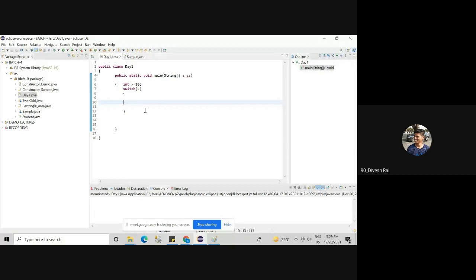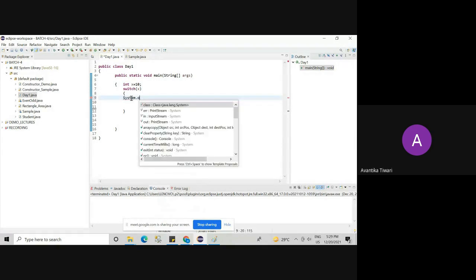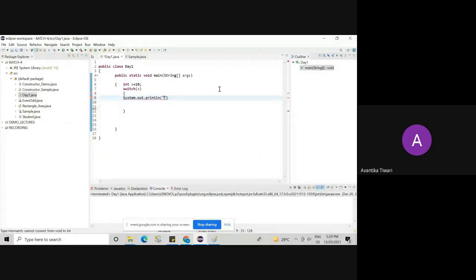Next, if you write anything inside a switch statement. I said empty switch is valid. But if I try to write something inside the switch, look at my screen. I have a switch body, and inside this, I am printing some message.